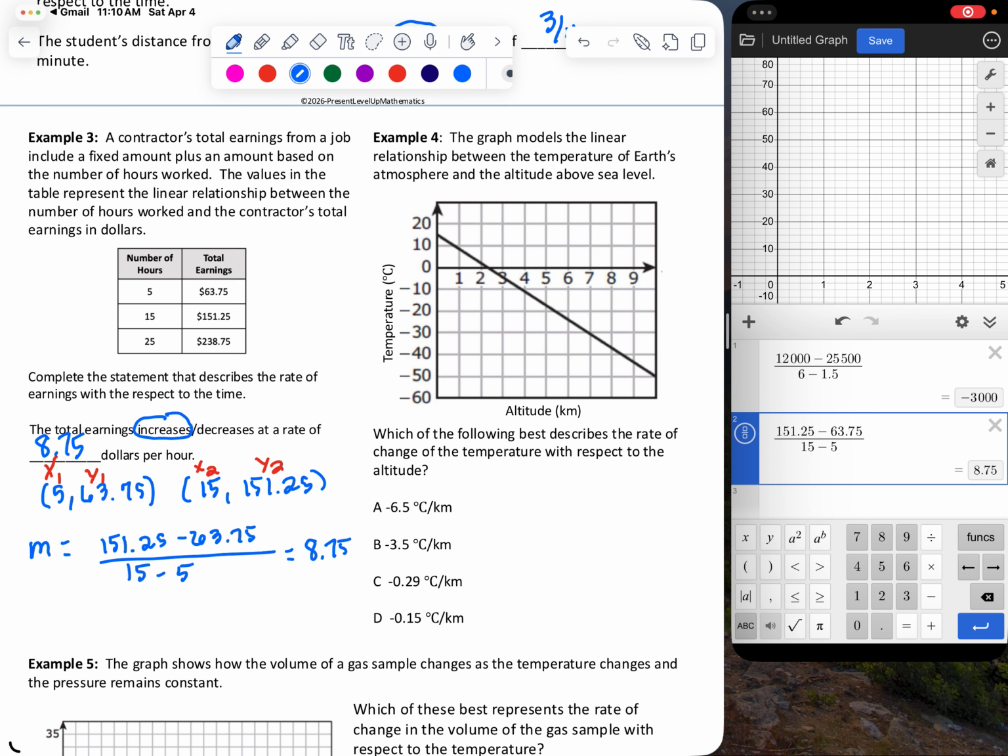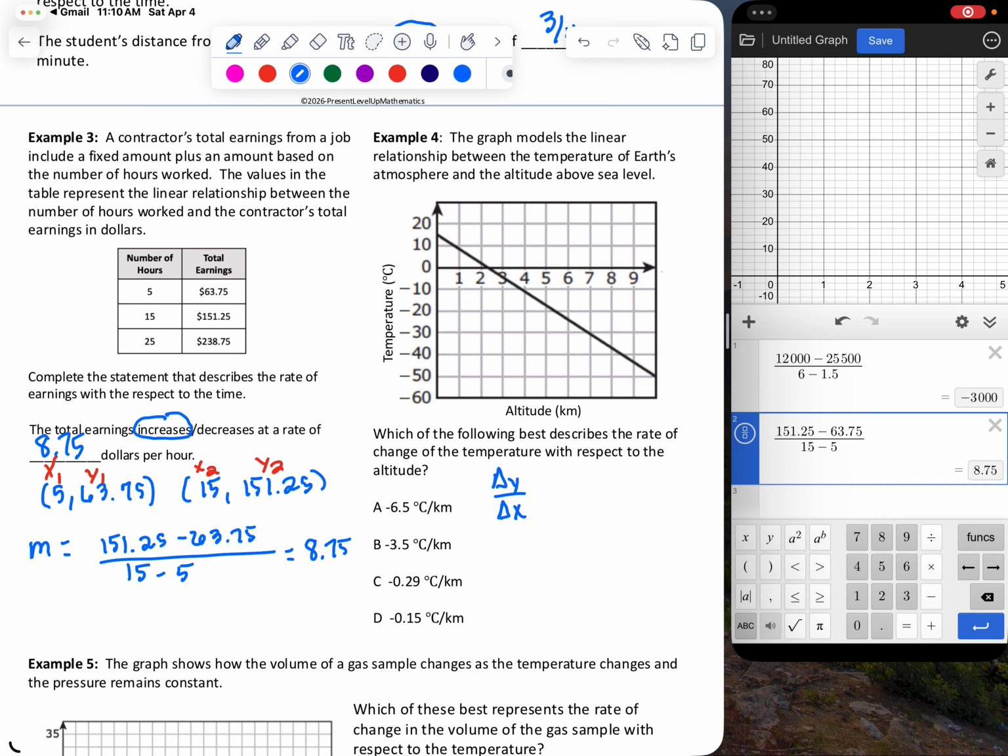All right, example 4. In this example, I'm going to show you an example of a problem you might see on a standardized test where you may not get the exact answer, so you have to make an estimate. It says, in example 4, the graph models the linear relationship between the temperature of the Earth's atmosphere and the altitude above sea level. Which of the following best describes the rate of change of the temperature with respect to the altitude? So again, when I'm given a graph, I usually use delta y over delta x, change in y